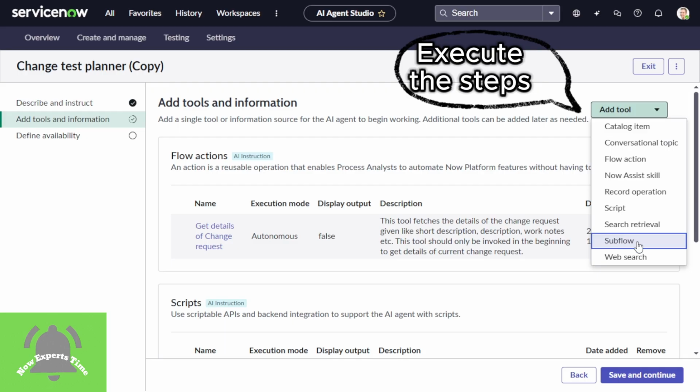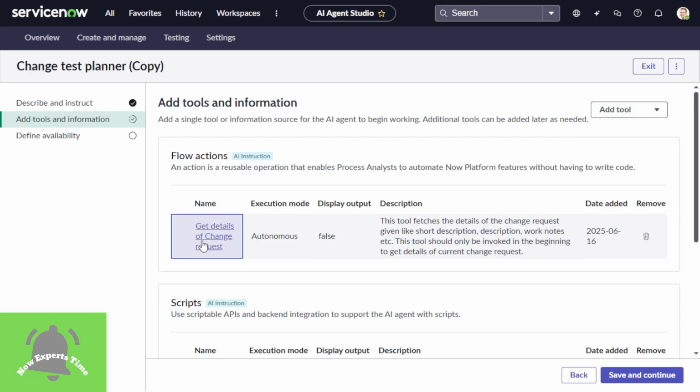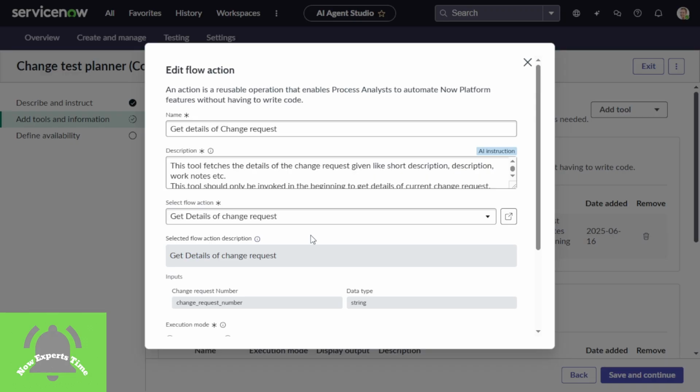So inside the subflow you can call your action, or you can define the action, like print the statement, or something executed in the table side or on the outside integration side. That's the way you can define it. But here it's one of the subflows that is used. I'm just opening here: get details of change request. That means if you are giving one change request number, based on the change request number it will pull the